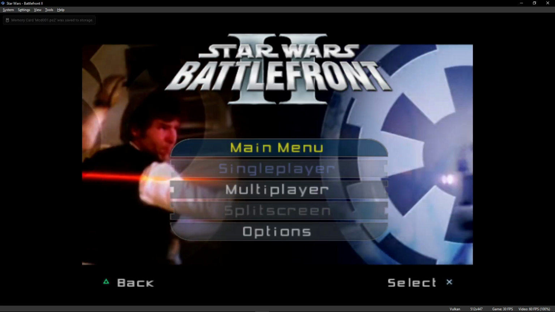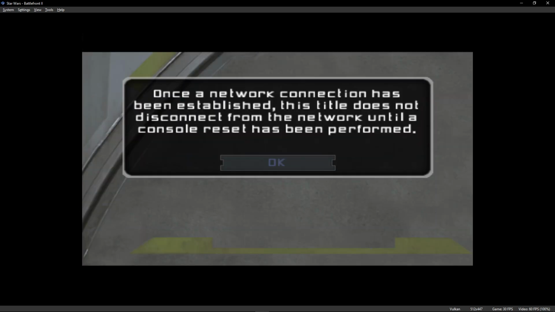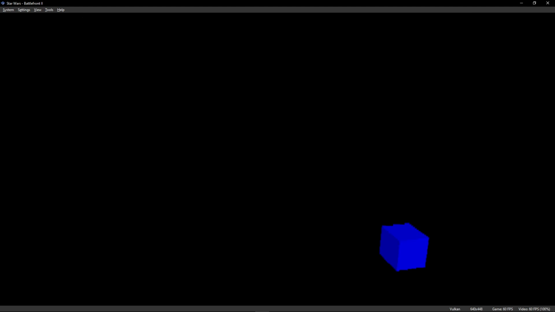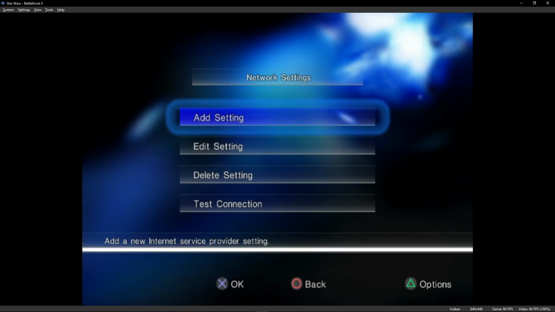And on the menu for the game, you're gonna have the multiplayer option here. You're gonna click on Internet, of course. Just keep pressing OK until you get to a screen similar to this one. So you're gonna click there on Add or Edit New Memory Card. And it's going to open the PS2 network configuration screen right here. This screen will be the same for every game.